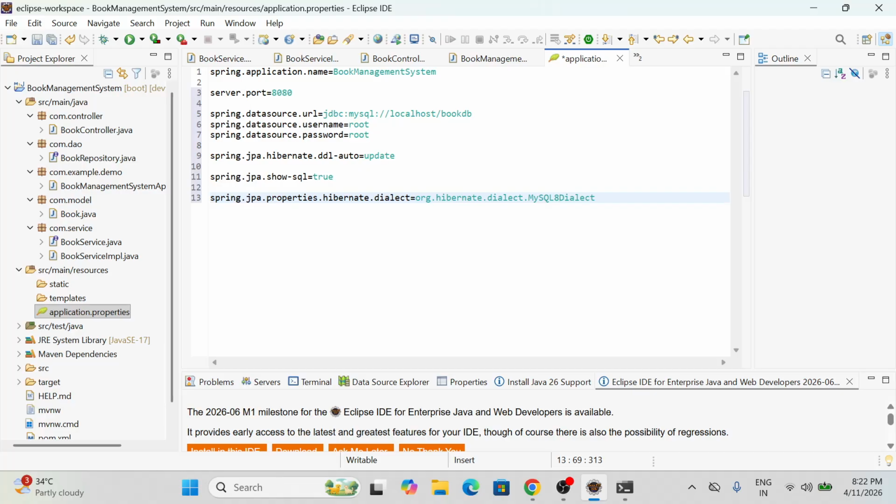Okay, so you remember these properties: spring.datasource.url you have to give in, then username, then password, then